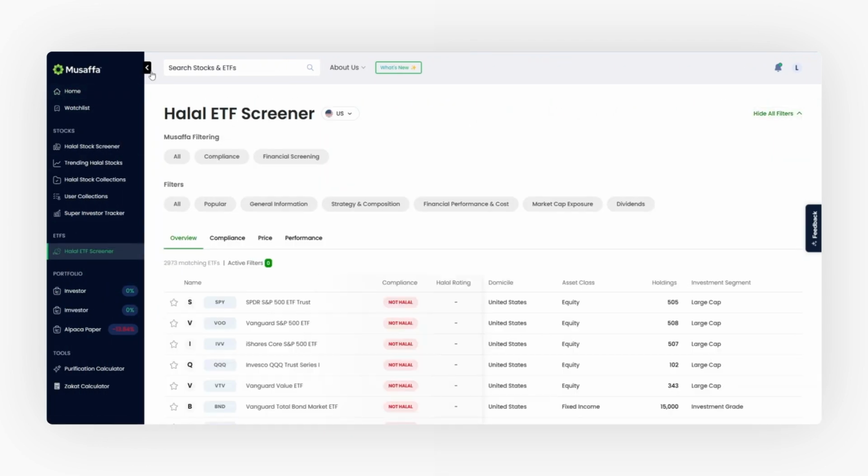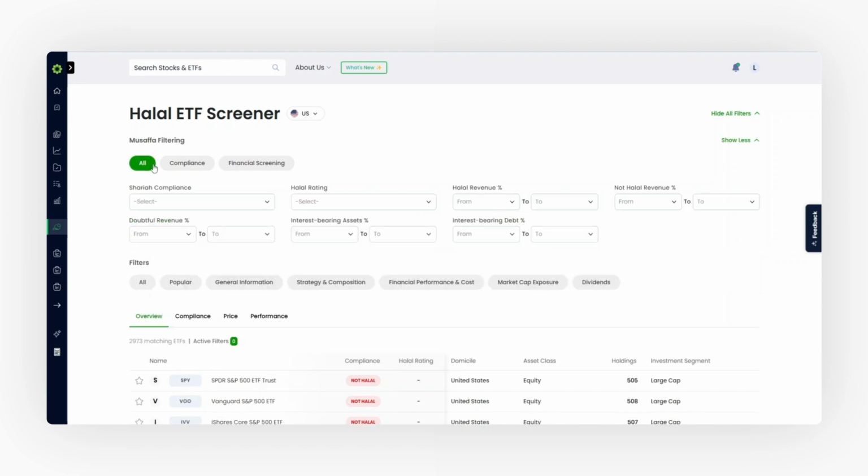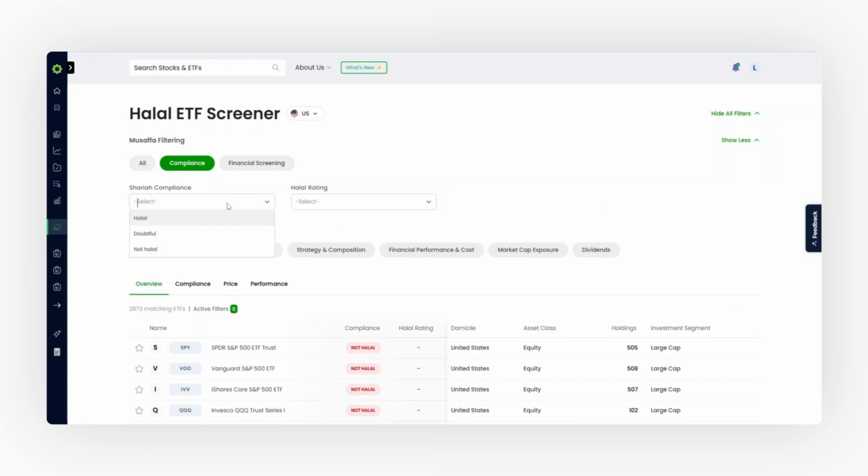Once you open it, you'll see two main sections, Musaffa Filtering and Filters. Let's start with Musaffa Filtering, which helps you filter ETFs based on Sharia compliance. Under the Compliance section, you can choose between halal, doubtful, or not halal ETFs. You'll also find the halal rating filter here, which allows you to filter ETFs based on the halal ratings assigned